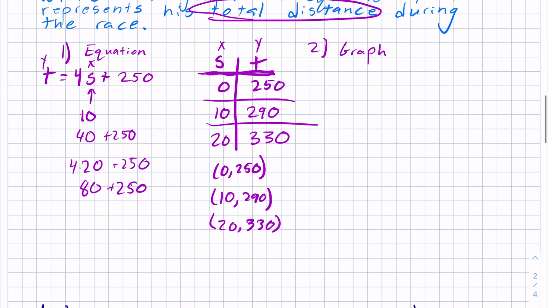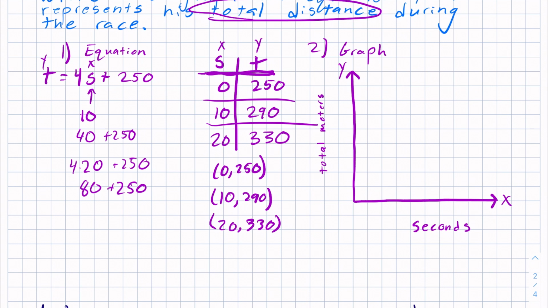Okay, again, so I'm going to draw my graph over here. So vertical axis and horizontal axis. Now I am just going to name these X and Y on the axes because that's just proper. That's what we name our axes. And now I'm going to think about my spacing. So down here I have the number of seconds that the guy is running. And over here I have the total meters